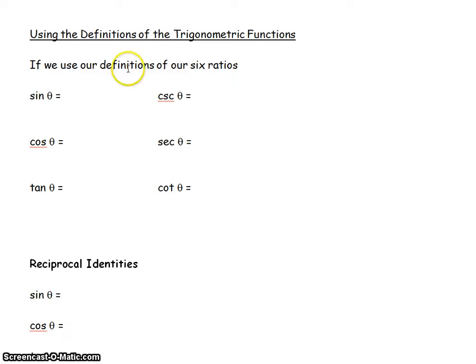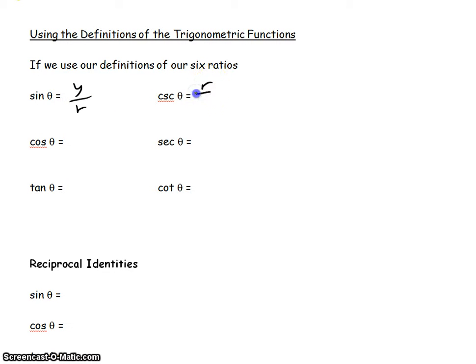So what I'm going to talk about in this video is the specific things that we can use in relation to some of the functions that we defined so far in class. Now, to start with, we defined some things in relation to sine, cosine, tangent, secant, cosecant, and cotangent. But to go a little bit further, we just want to define these in terms of what we labeled them as. So sine was y over r,